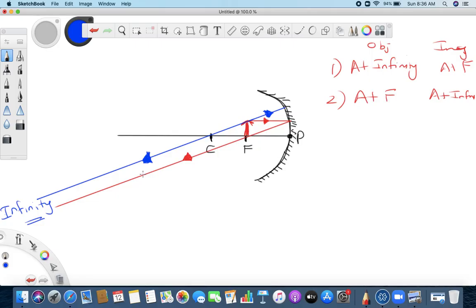Now, you get it in front of the mirror. So how is the image? Your image is real. I told you, if you get it behind the mirror, it is virtual and erect, but here your image is in front of the mirror. So when you get your image in front of the mirror, it is a real image, right? And highly magnified. Because if you see, the object is so small, but when you get your image, it is highly magnified.